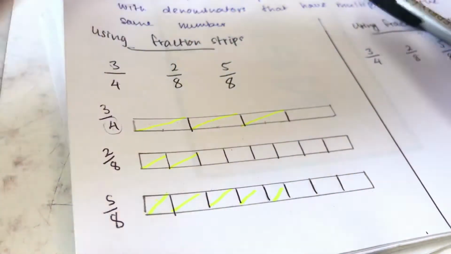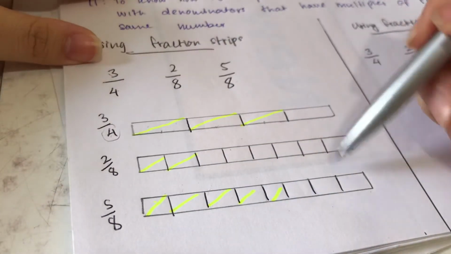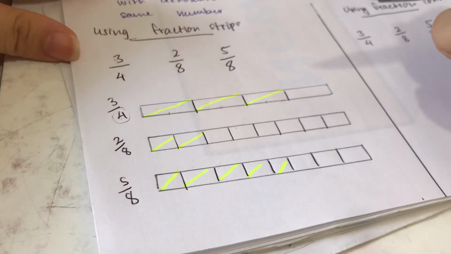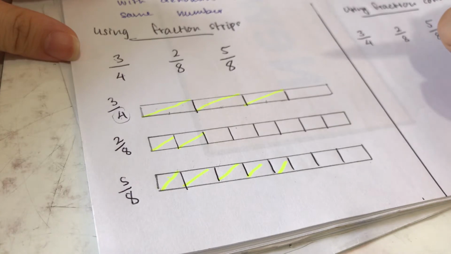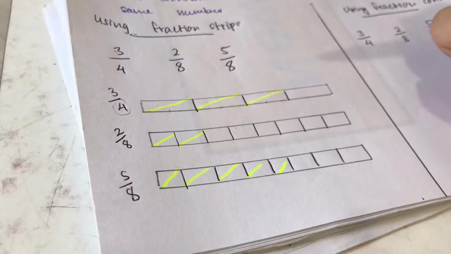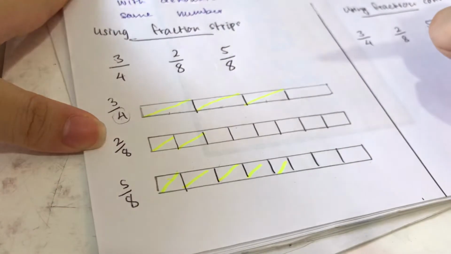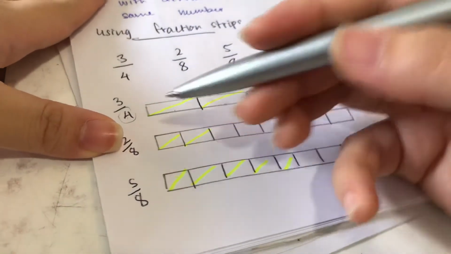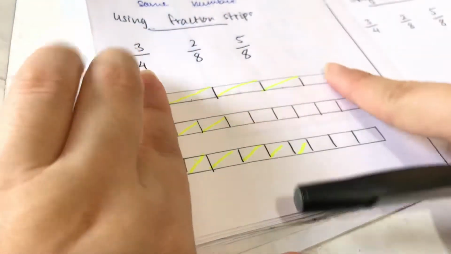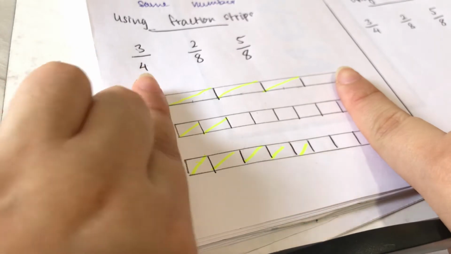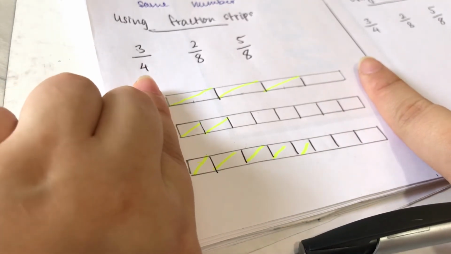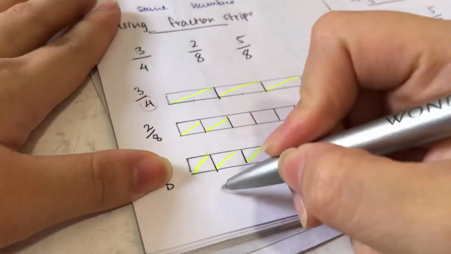Now let's look at the amount of parts shaded I have. It is very simple that I can see which is the most. So I'm going to order and compare. When I order it, I'm going to order it from the least to the most. Looking at the yellow shaded parts, I know that 2 over 8 is the least, because if you look at the length of this bar, the entire length, which one has the most? Okay, so just ignore fractions. Look which one has the most and which one has the least. Just look at the colored parts. So I can see that 2 over 8